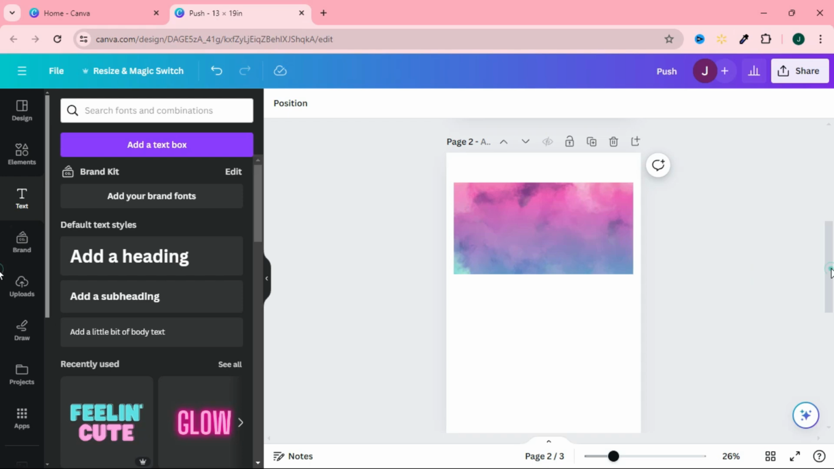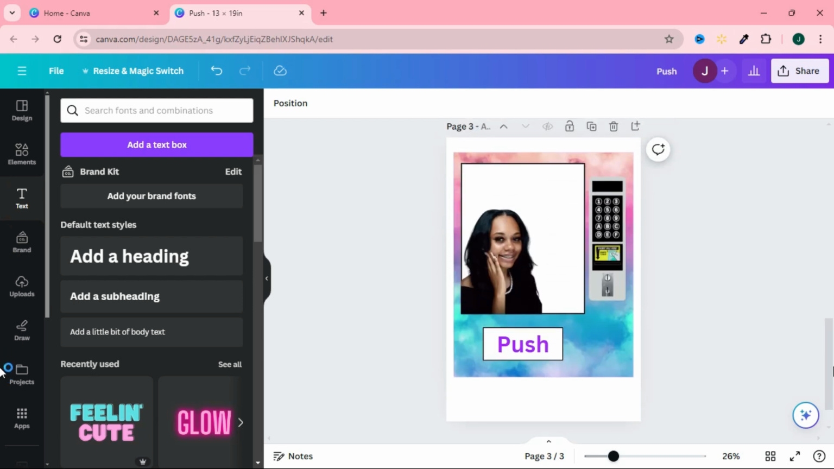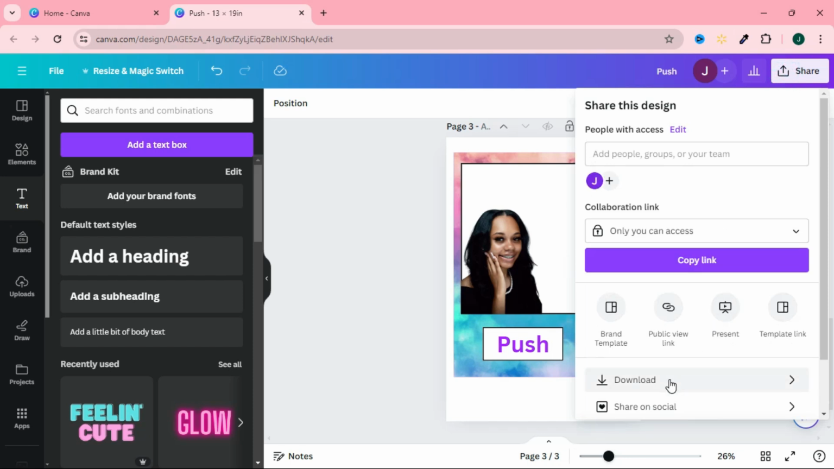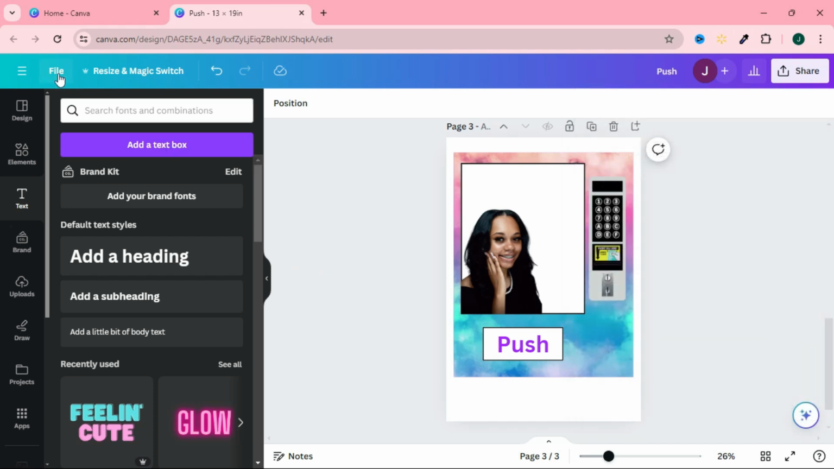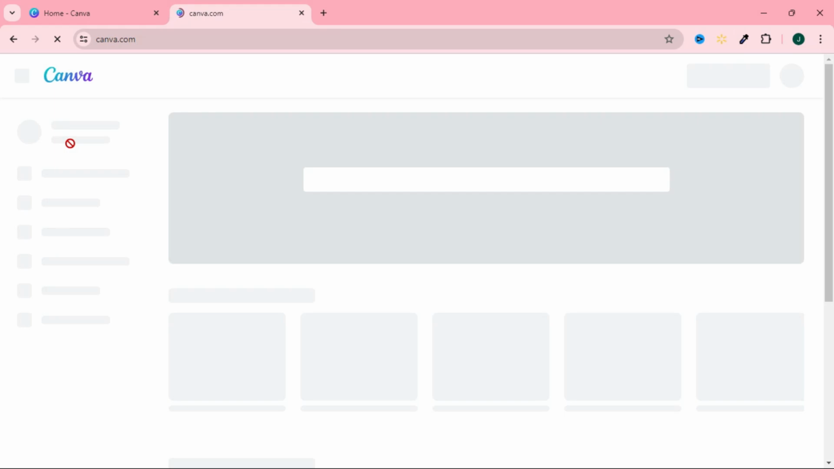And then from here, if you're printing from home, you will select share, download, and then you will download all of the pages, and then you would print each page individually. If you are going to be using a printer, you would then save all of your pages, go back home. So once you save all of your pages here after you finish designing, you will go back home and then